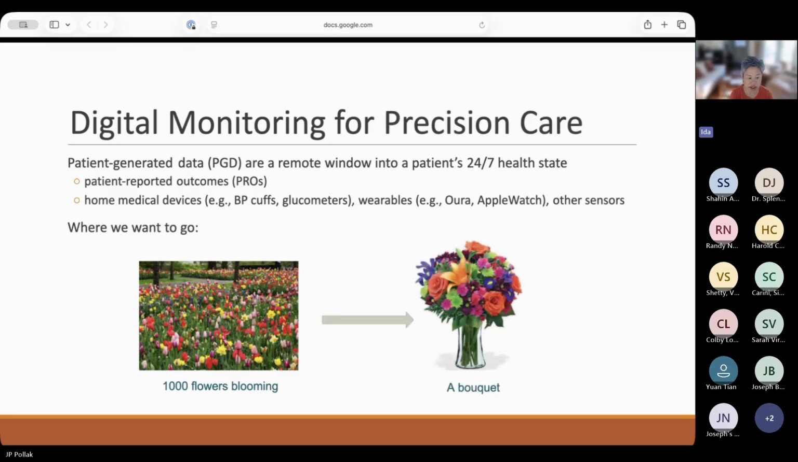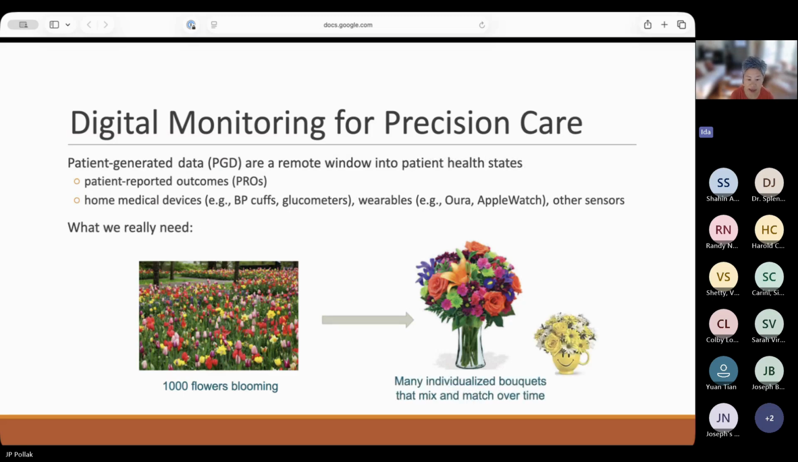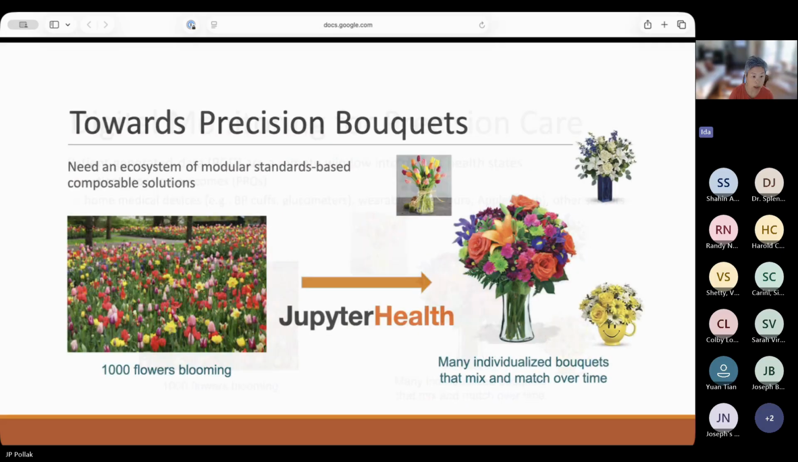What we really want isn't just a whole bunch of flowers. We want a nicely arranged set of flowers, right? A bouquet, but not just one bouquet or any bouquet. We want many individualized bouquets that mix and match over time for each of us. We want precision bouquets. And as each of us is healthy, gets ill, comes back, we might want